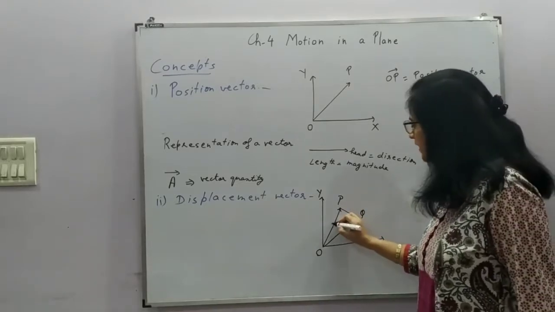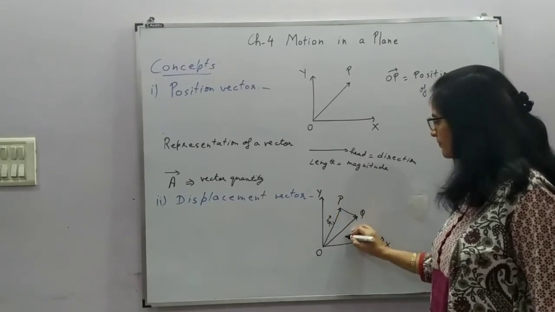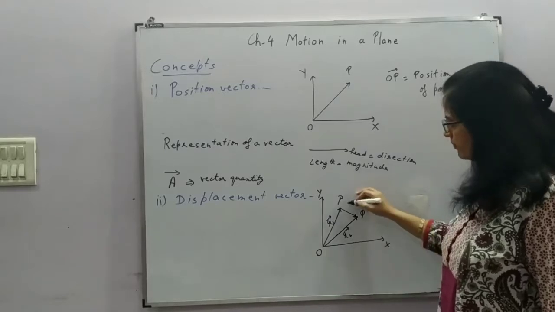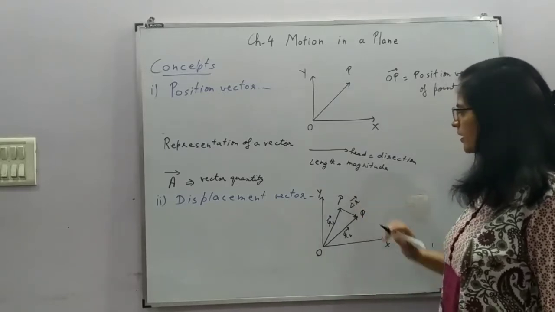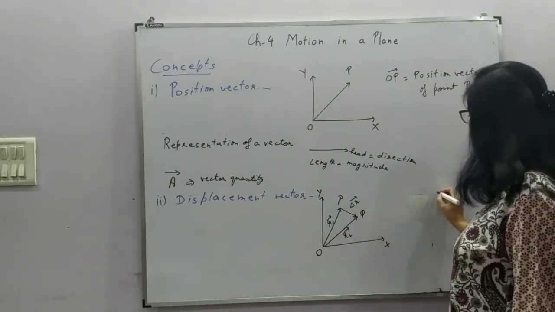How? If we say that this is the R1 position vector of point P, this is the R2 position vector of point Q, P to Q, this is the shifting. So I represent this vector by delta R vector. So PQ is the